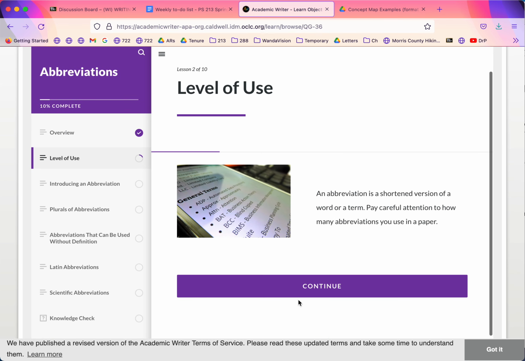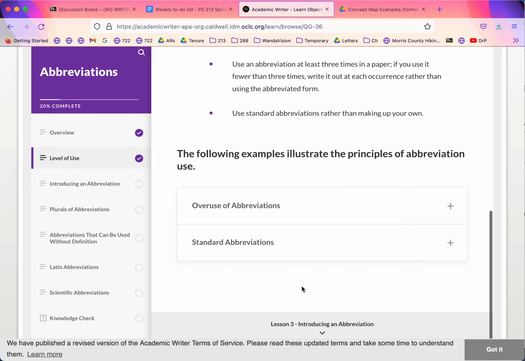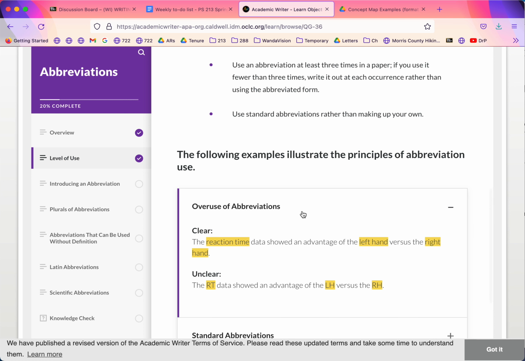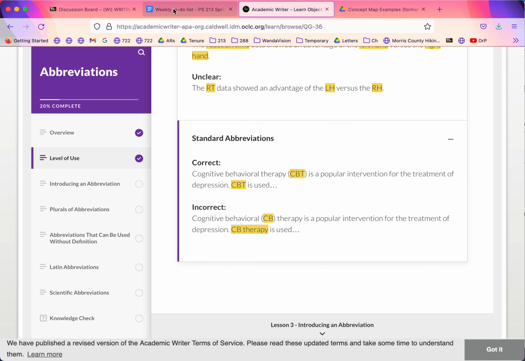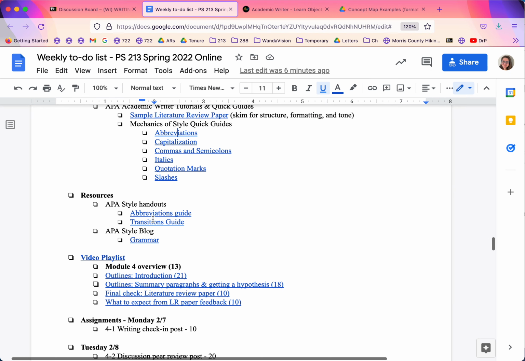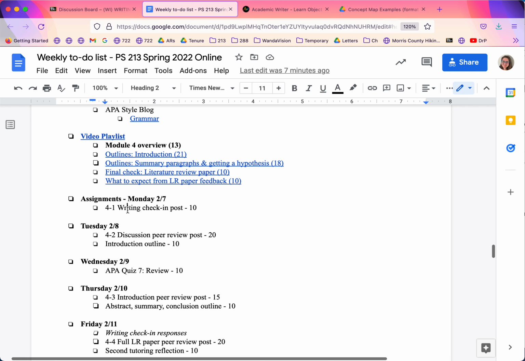So there's a bunch of them, but they go fairly quickly. So it's a lot of just kind of seeing examples. So the readings are getting shorter, the videos are kind of winding down. You're still doing discussions. This is your first peer review post, so let me take a moment to talk about